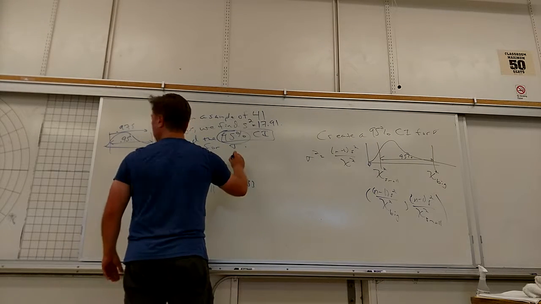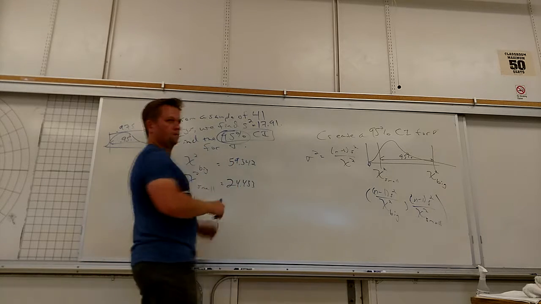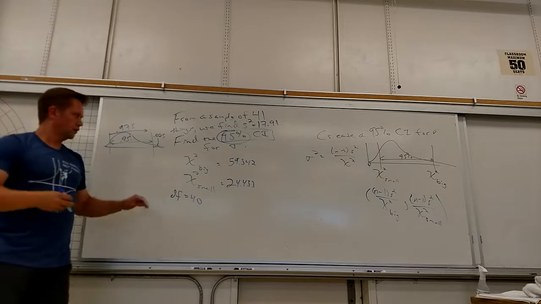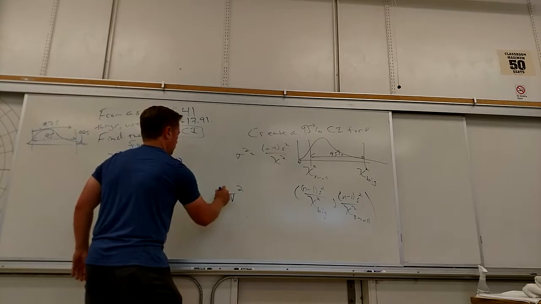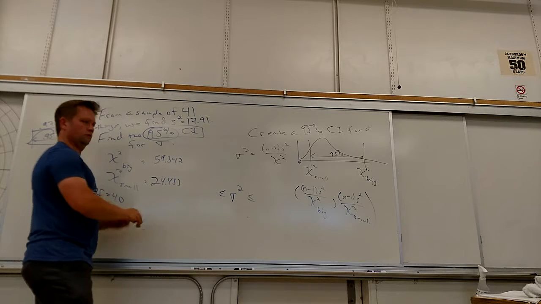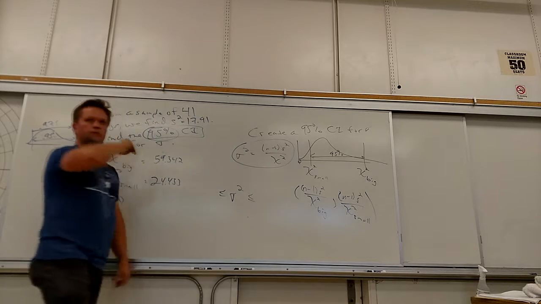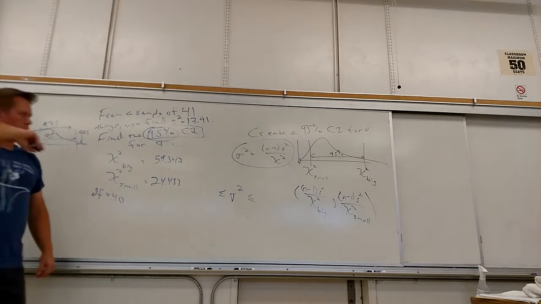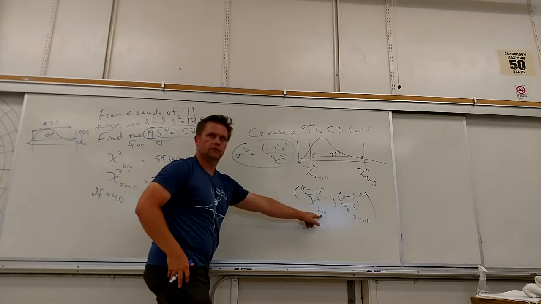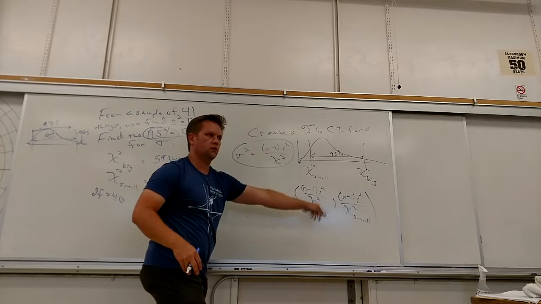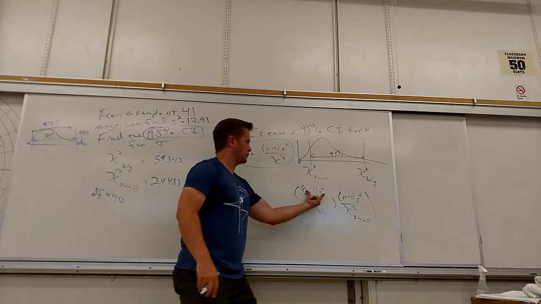So the slightly easier way to write this is sigma squared is going to be between, and now I'm going to use this. It's going to be from chi-square big to chi-square small, because when you divide by a bigger number, you get a smaller number. So the tops are going to be exactly the same.